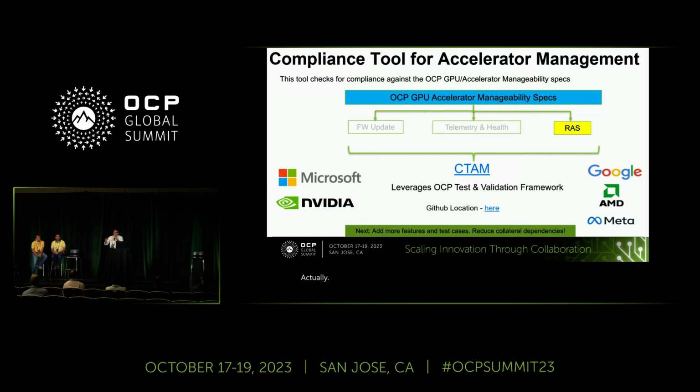And it leverages OCP's test and validation framework. It's extended a little bit, and it's very flexible. So we're going to have a demo of this in the 350 session, on the firmware update session. The firmware update part of it is probably the most developed right now. There's a lot of code in the GitHub location, and the links are in there. And then there's some implementation for the manageability interface as well, and that'll be followed by RAS.